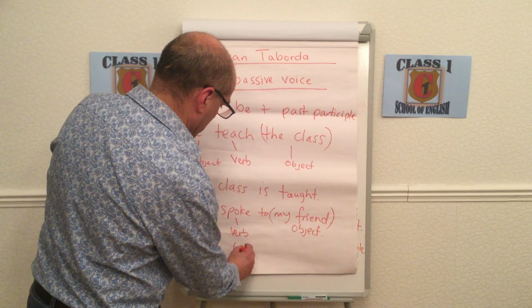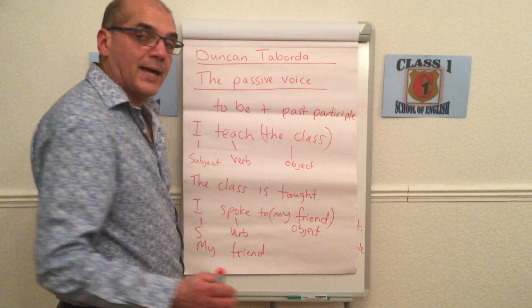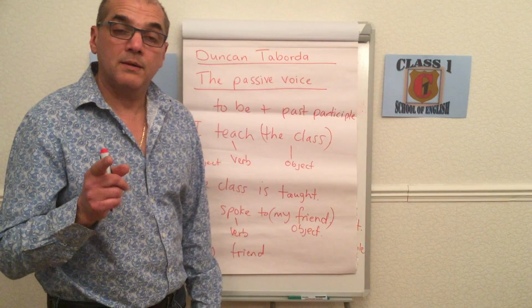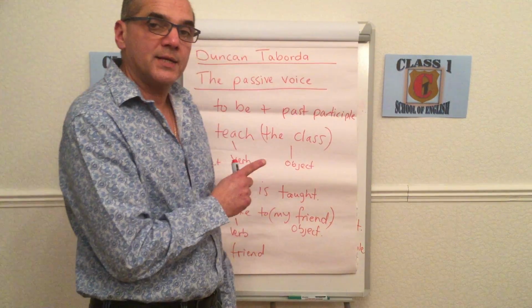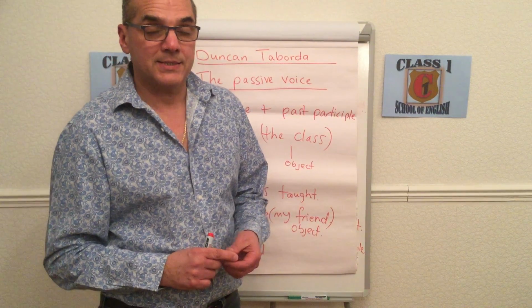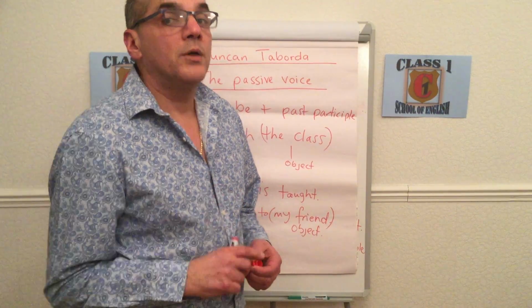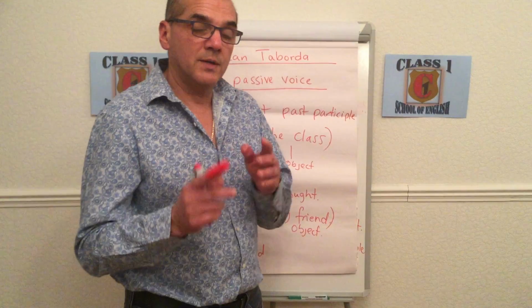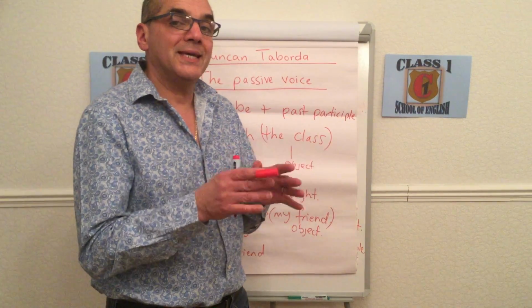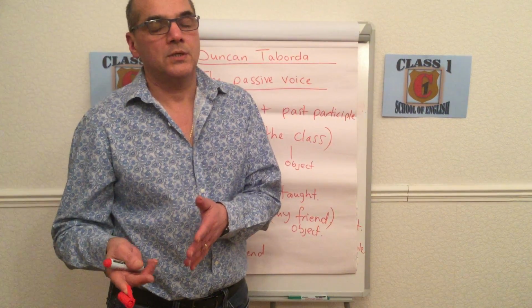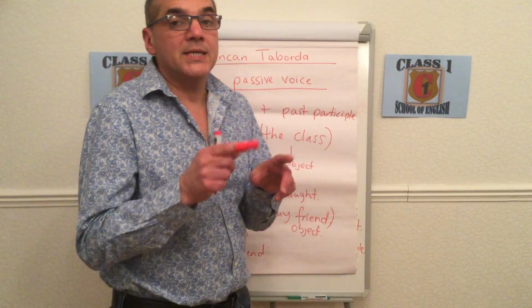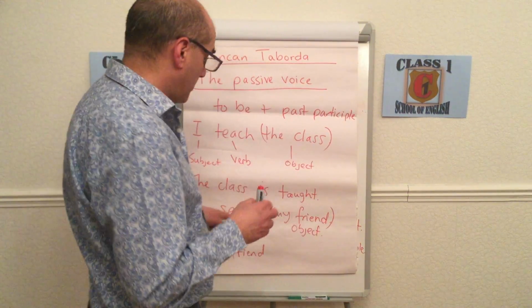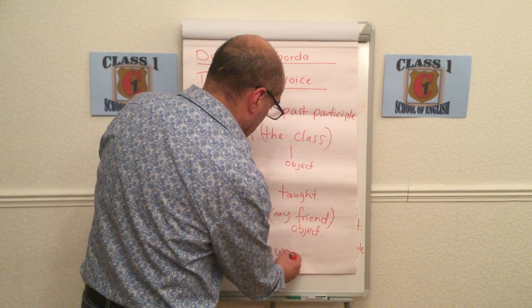My friend. And the present simple tense of to be for my friend would once again be is. However, I want the past simple. Now the verb to be, the past simple am and is becomes was. Okay? Are becomes were, but am and is becomes was. So my friend was